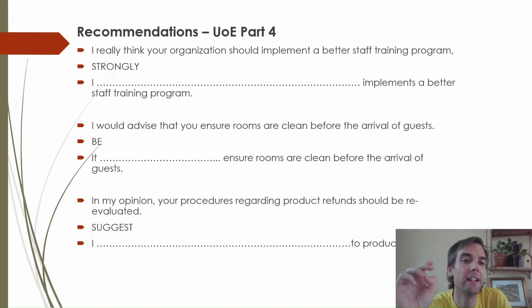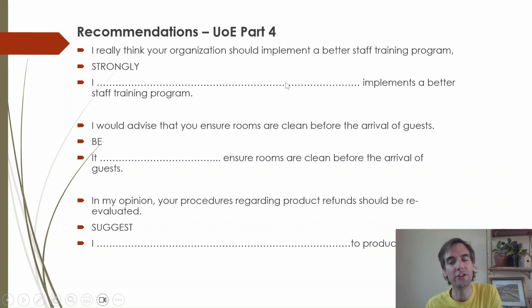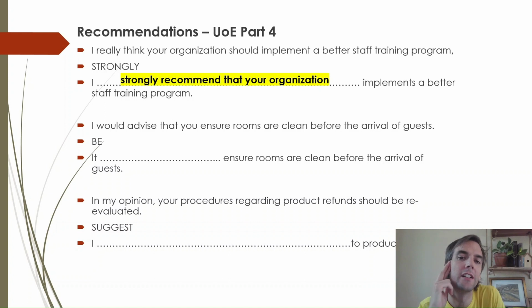Well, the first trick here is strongly collocates with recommend. And you are recommending. I think you should do this as a way of saying I recommend. So it's going to be I strongly recommend. Then how do we use recommend? Well, the trick here is we could say I strongly recommend implementing, because we often use recommend with the gerund, with ing. But it says implements. So we can't do that. We have to think about I strongly recommend that, and then we get it, don't we? I strongly recommend that your organisation implements.